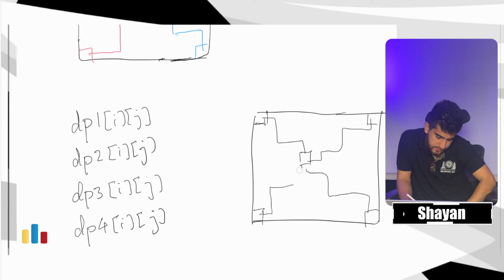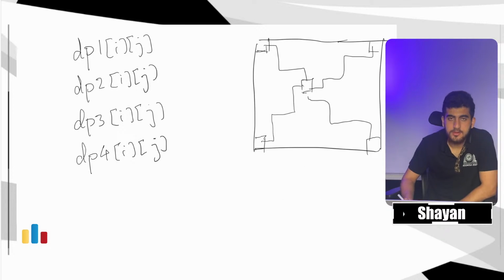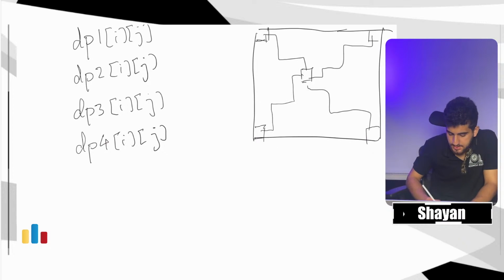Let's say this one is also updated like this. I have all these 4 dp's. And now, how can I calculate this dp? Well, for example, I tell you how dp1 can be calculated, and the rest of them are going to be exactly the same. dp1 of i and j is going to be,